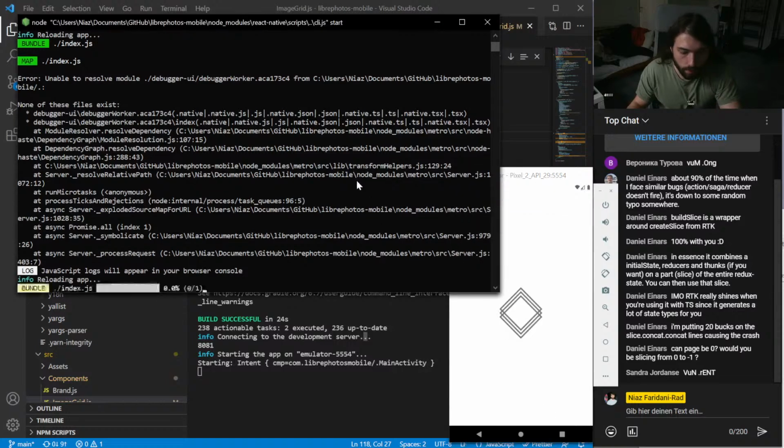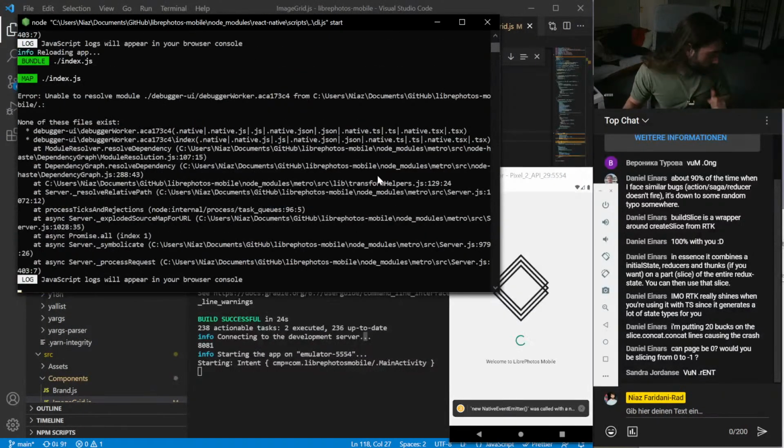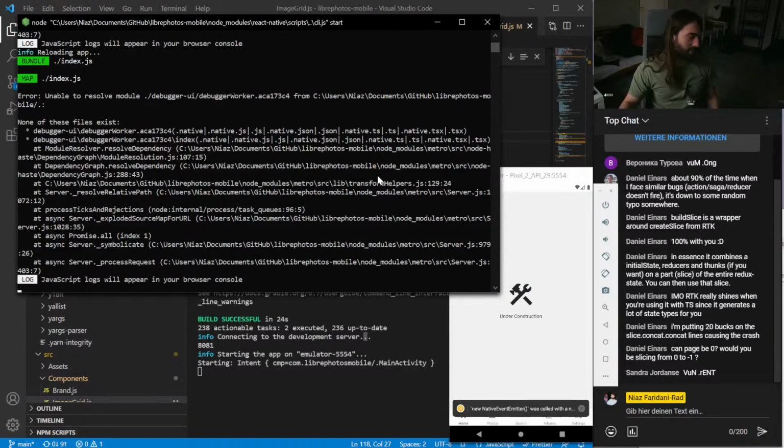Alright, reload. The server, come on. Oh, the setup is so janky. Okay, now we have to wait until it boots up.